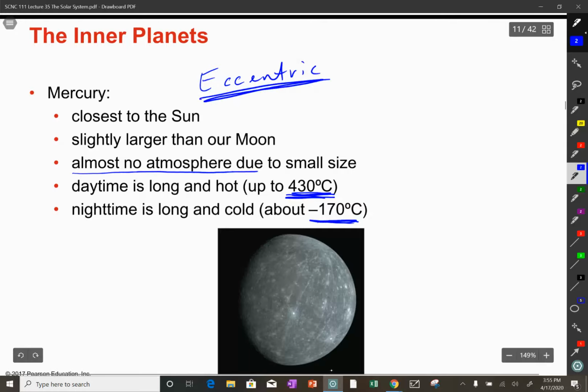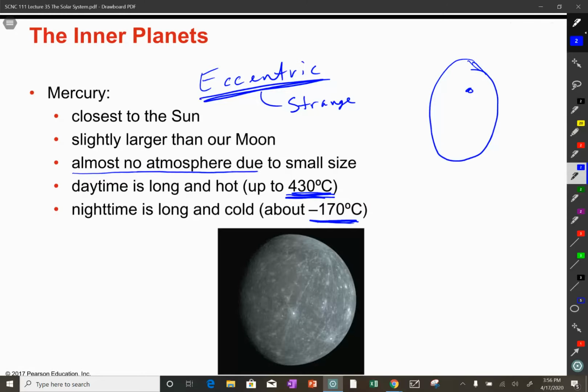Now you think about the word eccentric, strange is the common synonym, and it's correct. We have the sun and we have Mercury orbiting around the sun, and Mercury's orbit isn't very close to circular, not nearly as close to circular as all the rest of the orbits. And because it's A, close to the sun, and B, eccentric, it has set up a weird orbital pattern. If you were to have one side of Mercury indicated here with an a, like that, as it goes around,